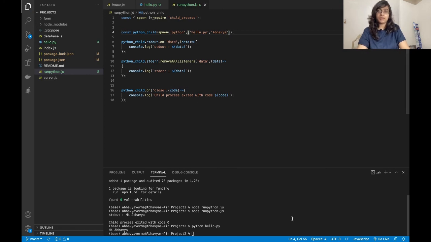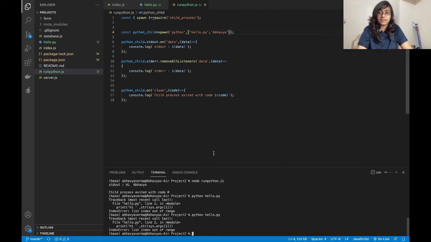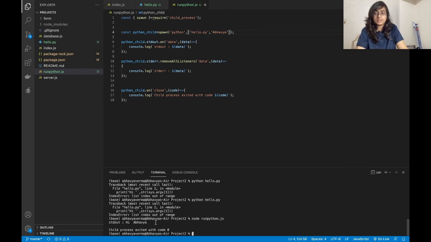Save the file and just run it. Okay, now it gave some error. Sorry, my bad, I gave the wrong command. It should be node. So if I give node runPython.js, I can see the result.